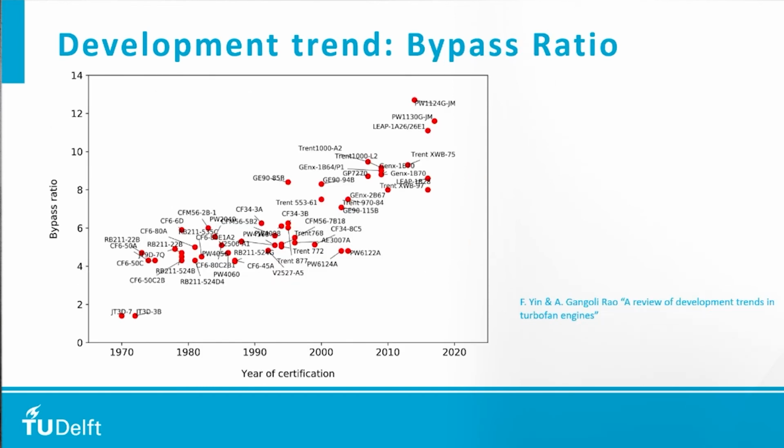The other parameter that was very important, as we looked at earlier, was the bypass ratio. On this chart, what you see is the increase in the bypass ratio of the engines over the last several decades. And again, you see that the bypass ratio has been steadily increasing, thereby increasing the propulsive efficiency and reducing the fuel consumption of the engine. Today, some of the latest engines have a bypass ratio of around 12 plus, and in the years to come, this might increase to 15, 16, and so on, until we see where the optimum is in terms of the drag created by the shroud in comparison to the benefits that we get by increasing the bypass ratio.